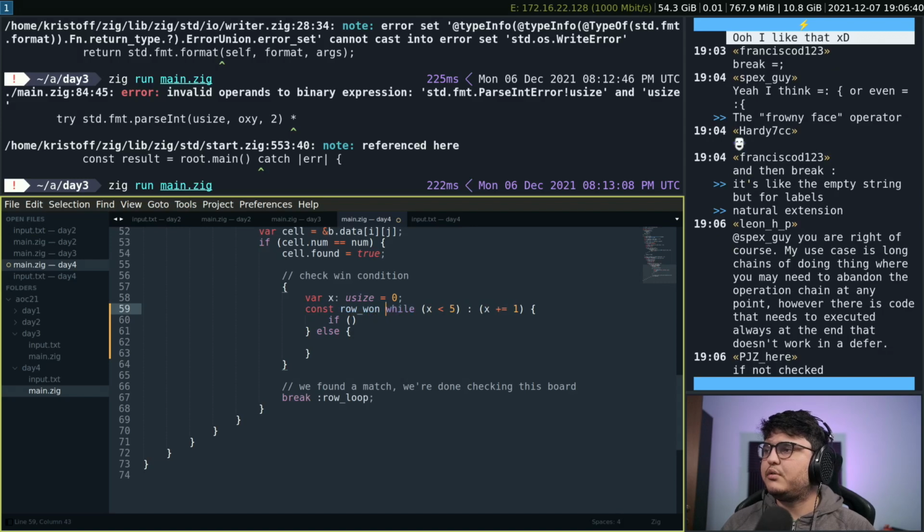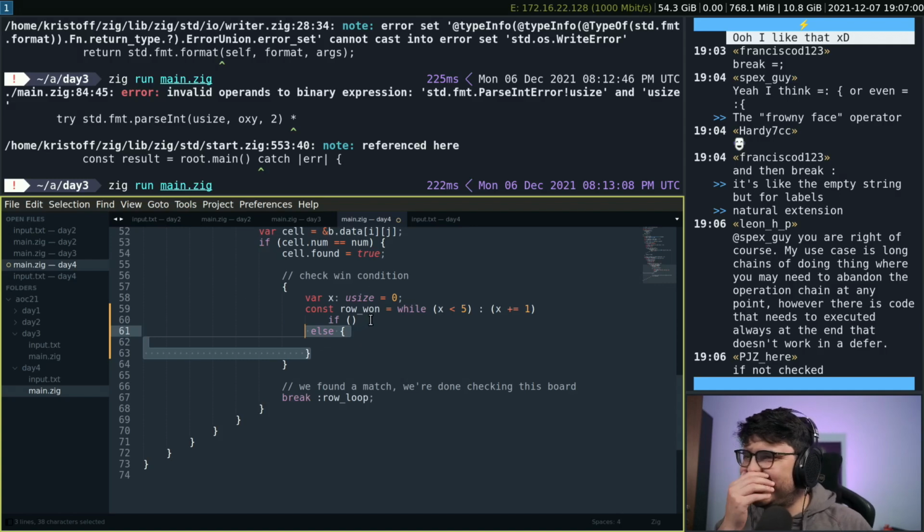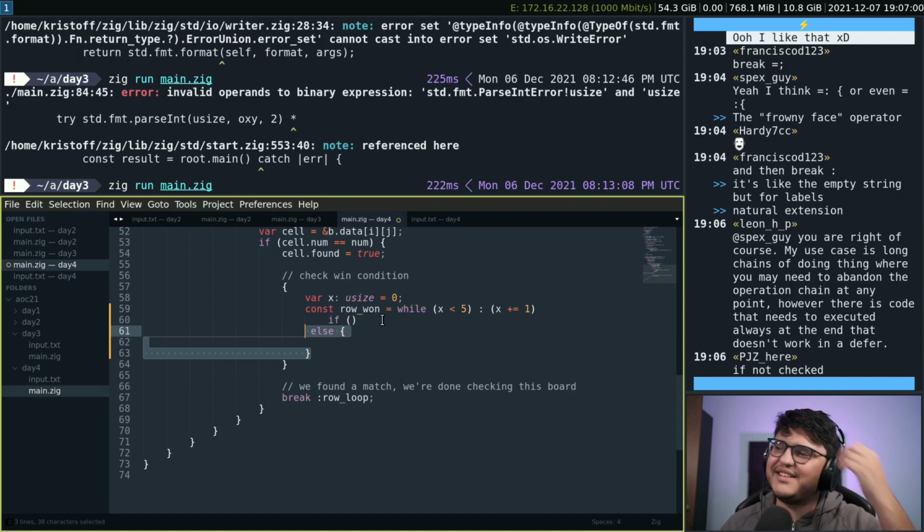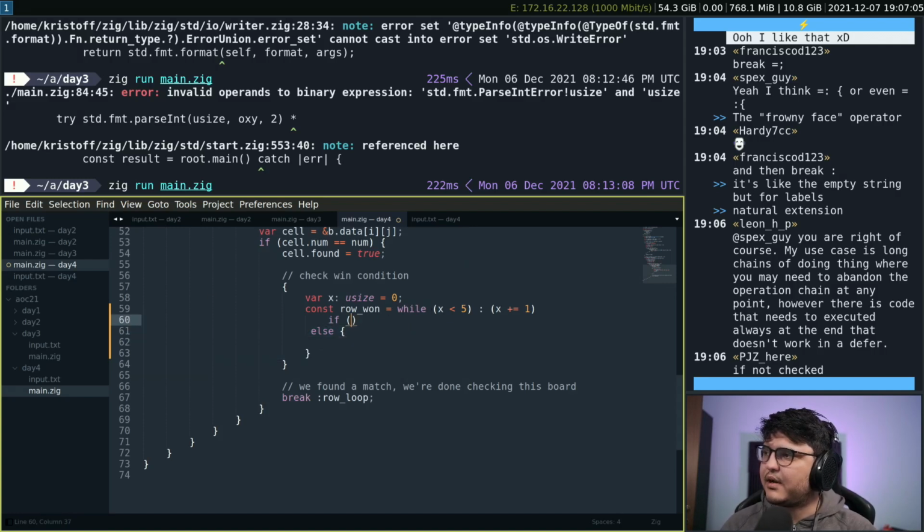Row 1 is going to be the while loop. I need to remove a bunch of brackets. Oh man, this is going to be interesting. Oh no. What's going to happen with the else branch? Okay, let's see how far I can get with this. So we keep iterating, and if